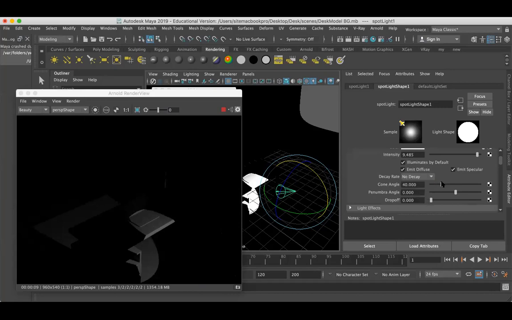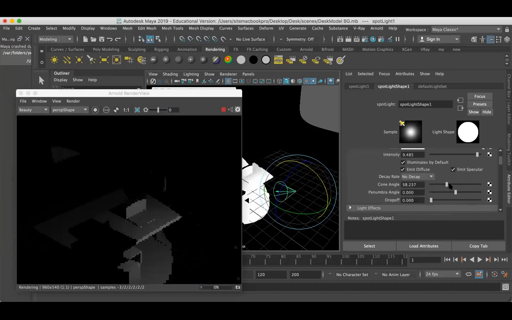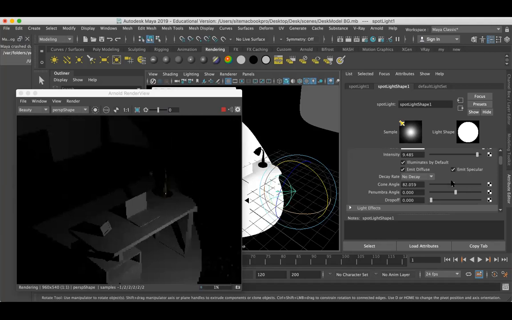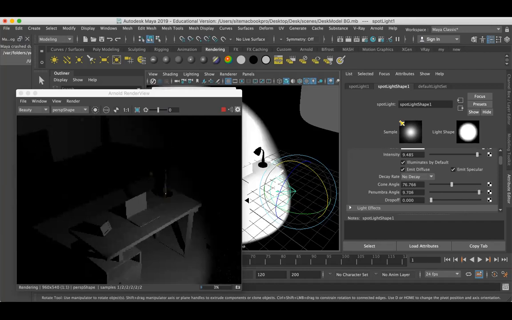Here you can see a cone angle. You can see the angle of the cone differs when the value is increased. If I increase the penumbra angle, it will soften the edge of the border of your spotlight. You can see the spot is something hard, right?